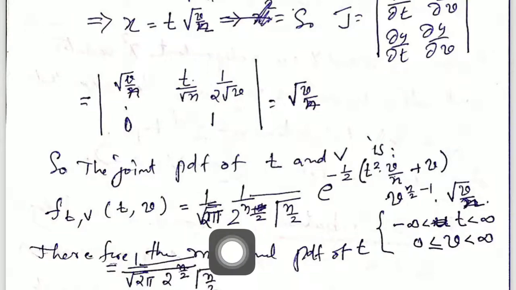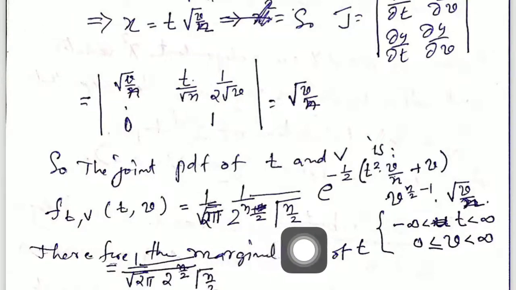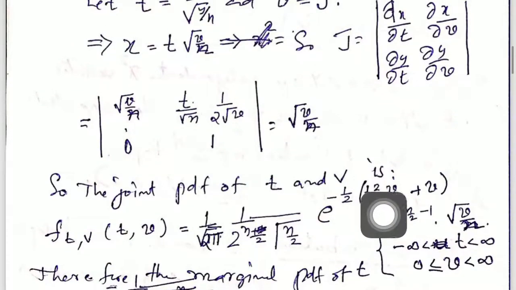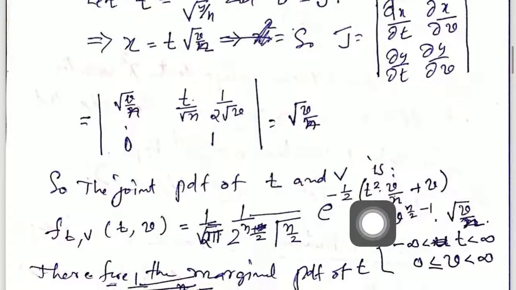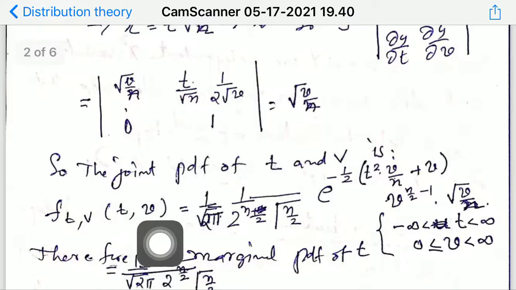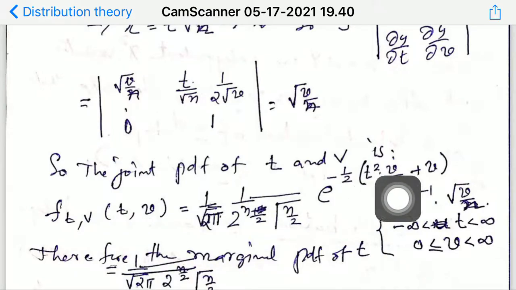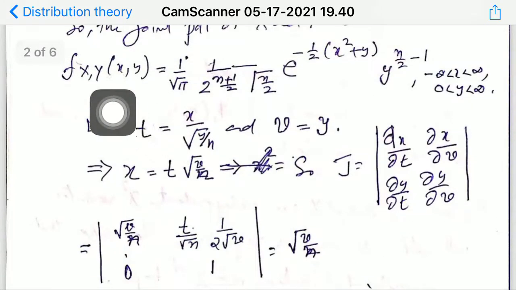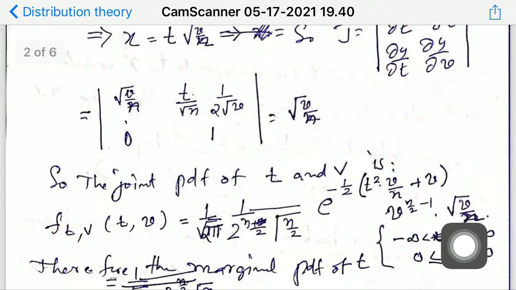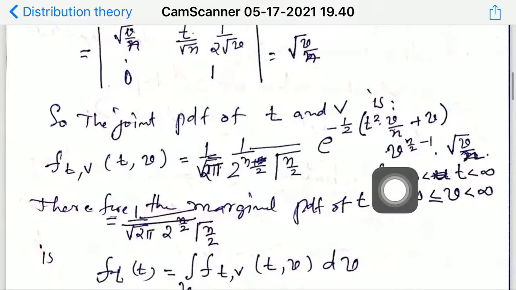1 by root 2 pi 2 to the power of n by 2 gamma n by 2 e to the power of minus 1 by 2 into x square plus y. X square means t square v by n plus y means v, because you have to write this PDF in terms of t and v using the joint PDF, this. Okay, into root of v by n because it is the modulus of the Jacobian. Okay,